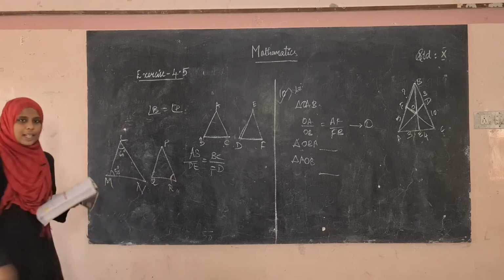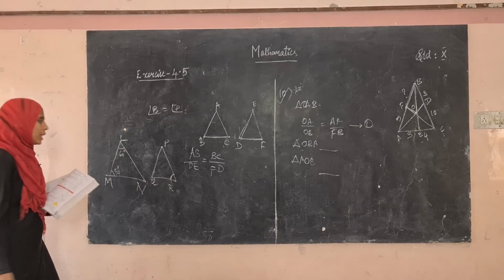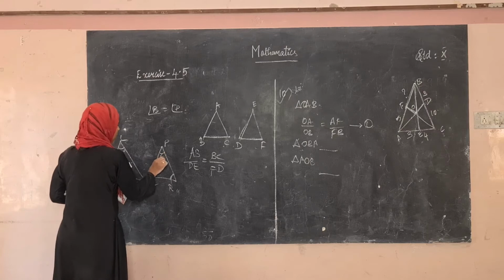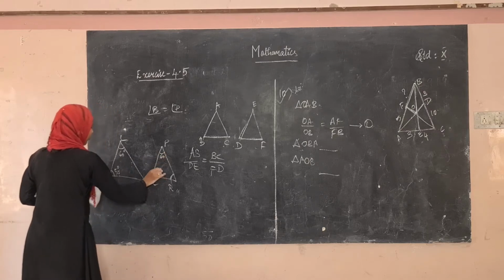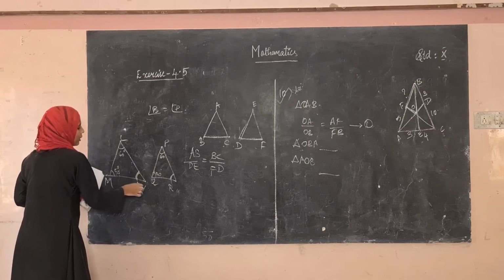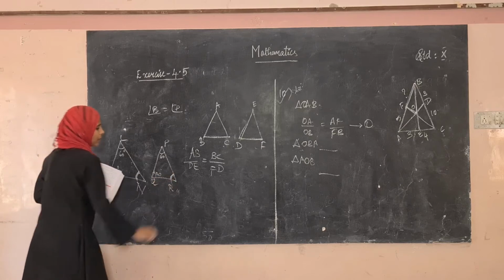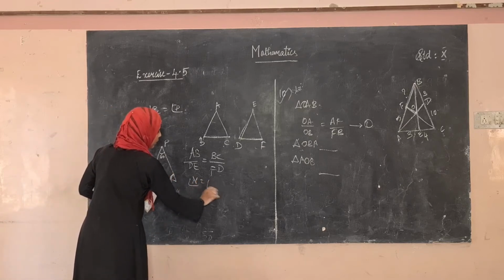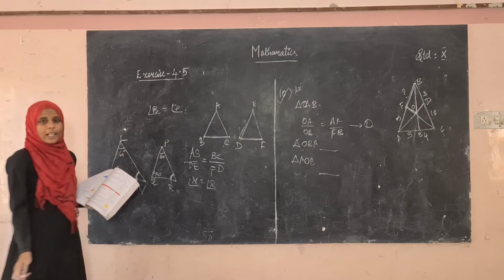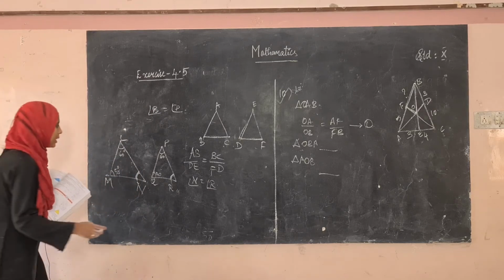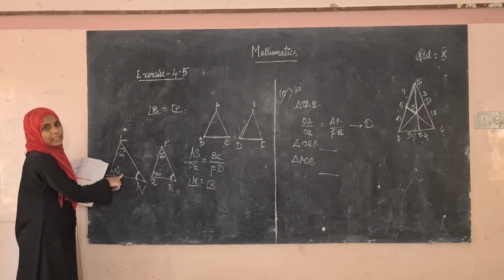So similar means their angles will also be similar. So this is 60 degree and this is 50 degree. If you find the angle of N, we can get that angle of R. That is, angle N will be equal to angle R. We know that sum of the angles of a triangle is 180 degree. Therefore, 60 plus 50 is 110.